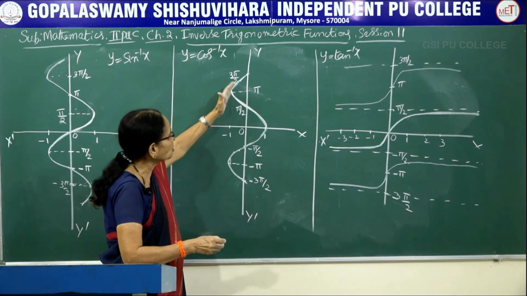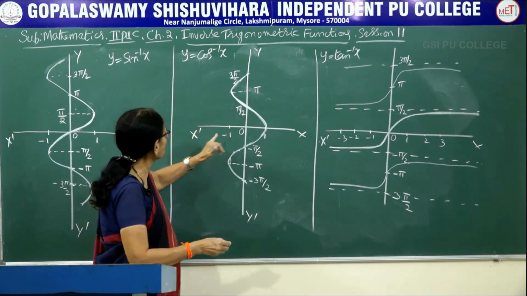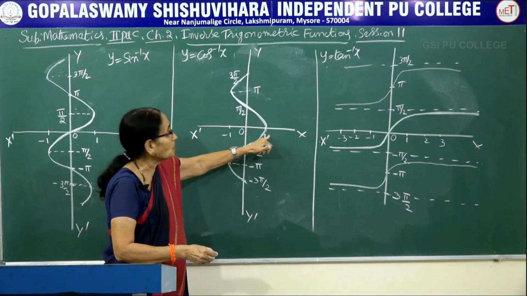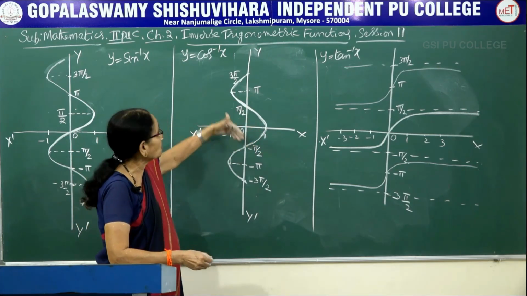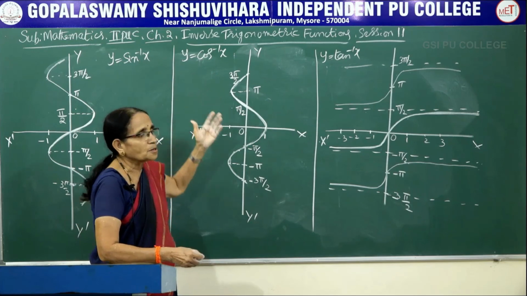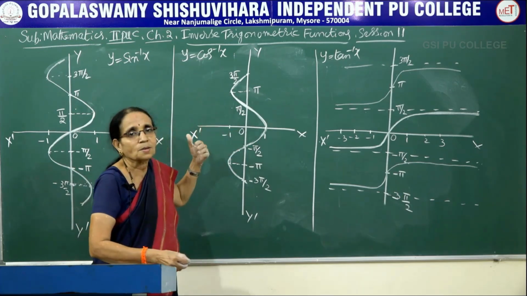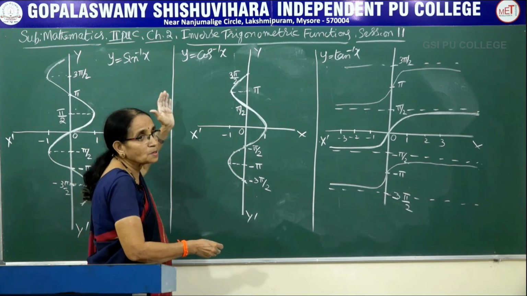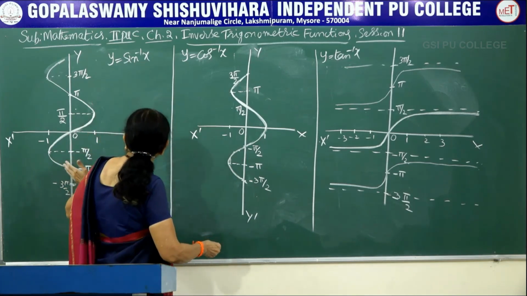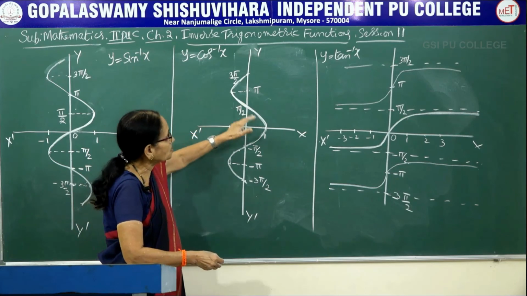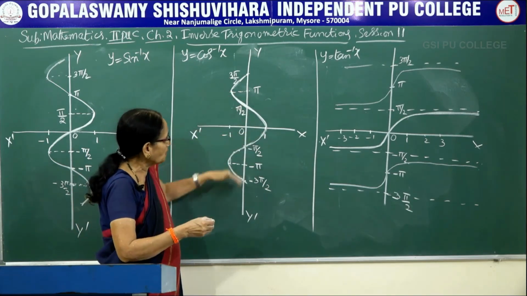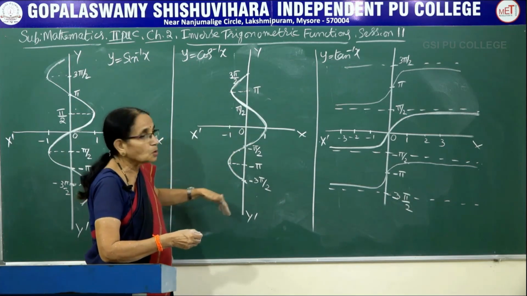Here also it looks similar, but depending upon the values, here it is passing through the origin, whereas here it is passing through the number 1, according to the standard values. What is cos inverse 0, what is cos inverse 1, what is cos inverse minus 1? Same thing here, sin inverse 0, sin inverse 1, sin inverse minus 1. I have given the values according to this, and this darkened part is the principal value branch. Otherwise, if you take the whole thing, the curve looks like this.